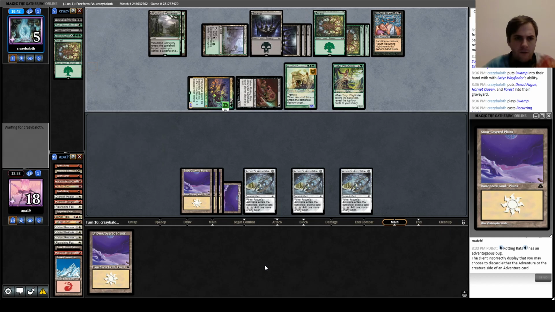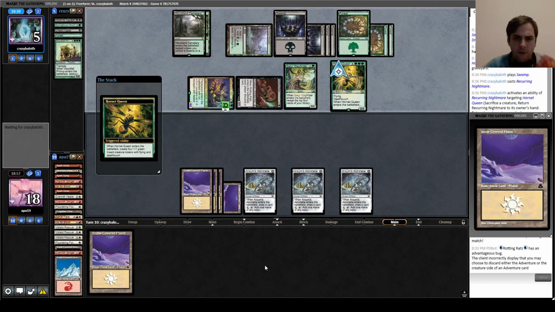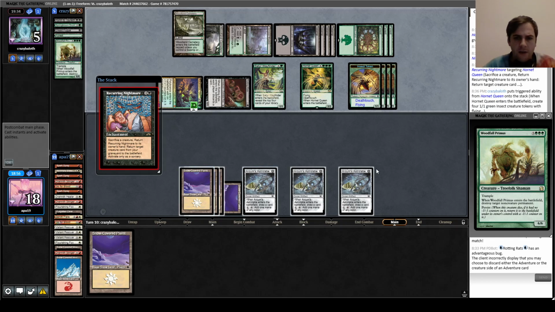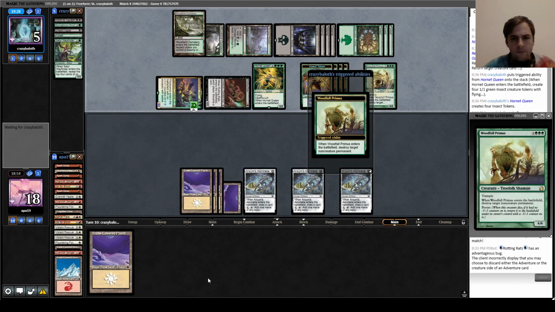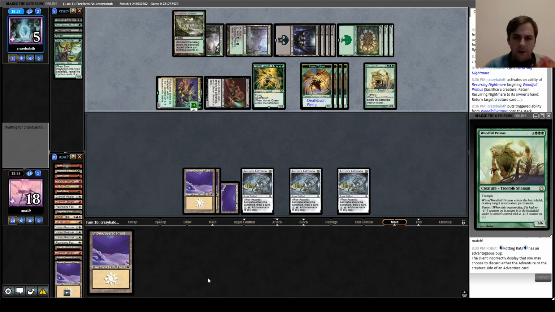So we are actually off Zenith Flare, I believe. That could be lethal for us. Oh wait, they can only get it... Right, they can get it once more again. So if we have 1 more draw step, I think. We have a land in hand, so...